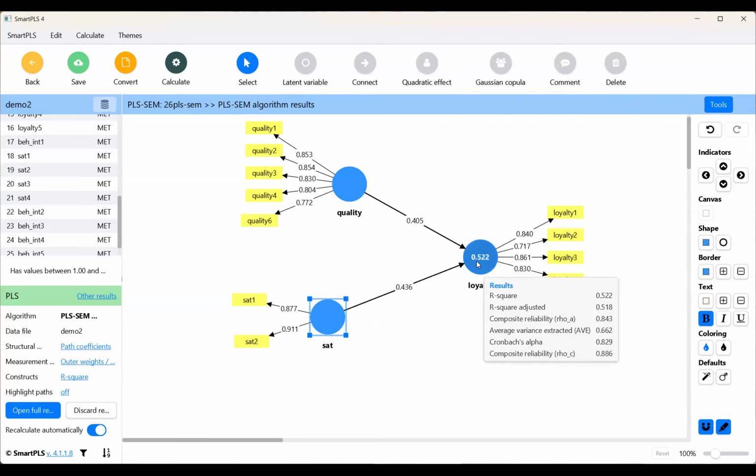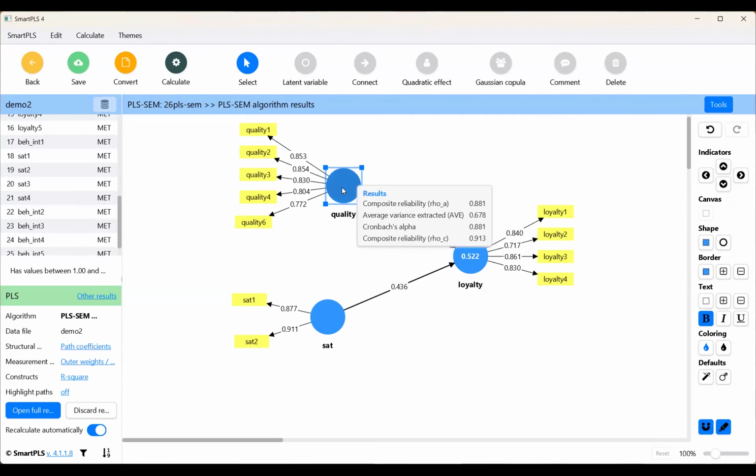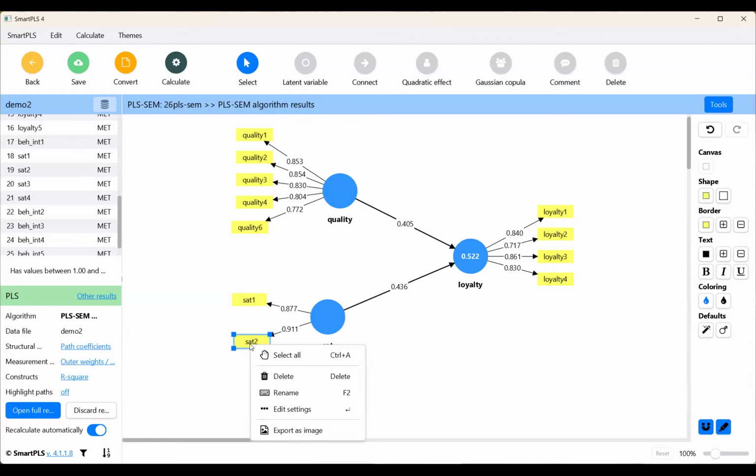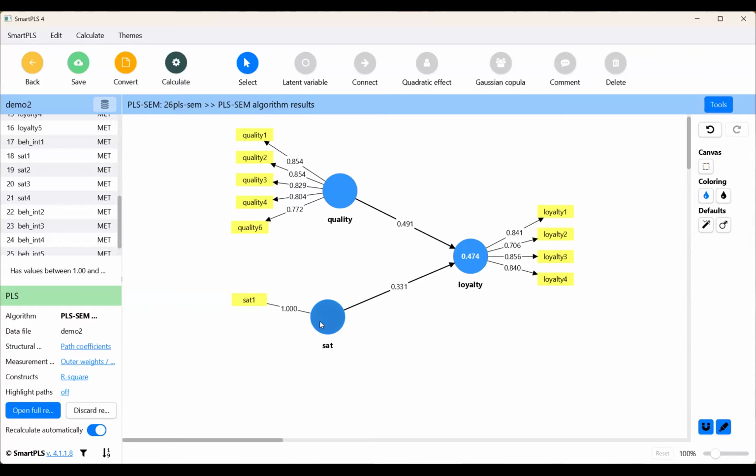Okay, sir. Actually, in the case of satisfaction, only two indicators remained, and the two others were even around 0. So what should we do? That is very important. In PLS, you must have a minimum of two indicators. If satisfaction also has a problem and we delete it, then we cannot go with only one indicator on the construct. Understand? So we have a minimum of two indicators there.